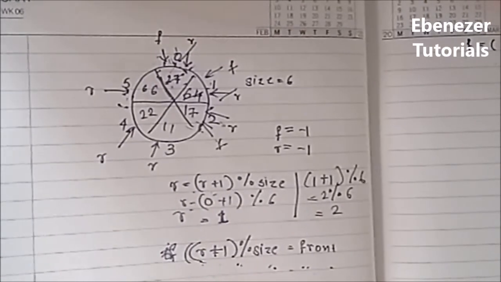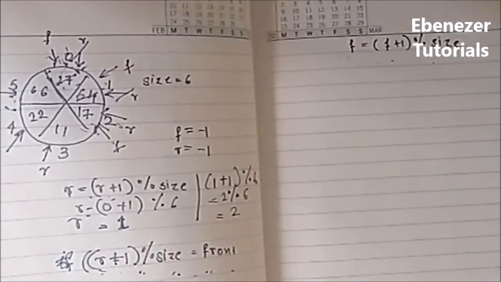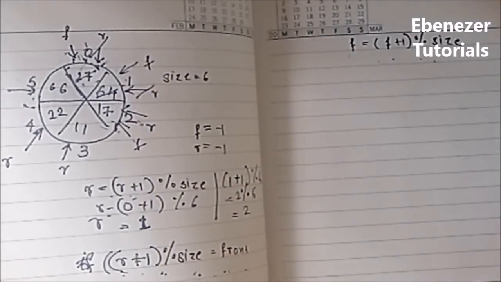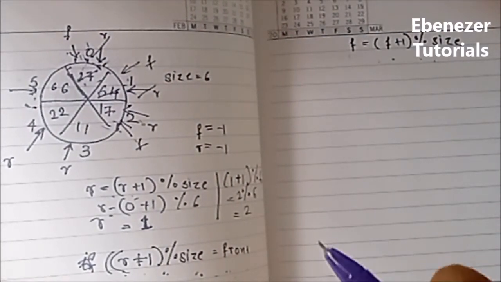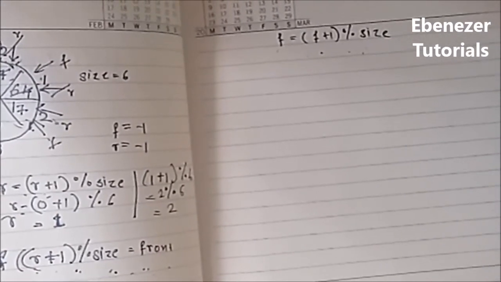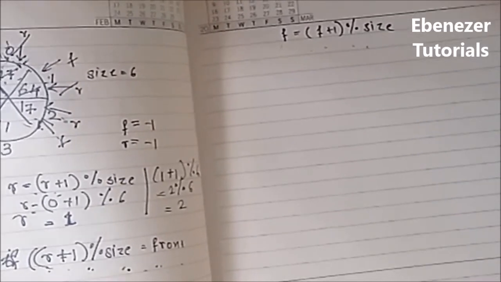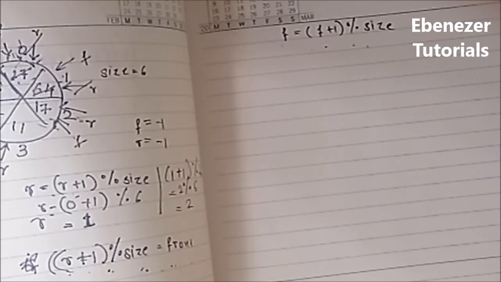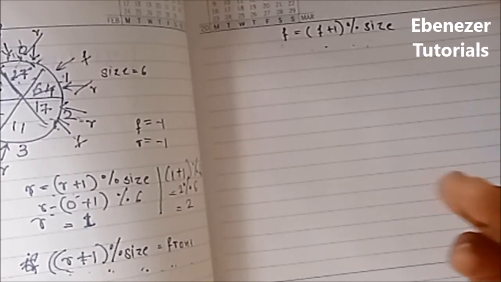And how will you check if the queue is empty? We will check it by checking if front and rear are pointing to -1. So we have seen 4 operations: enqueue, dequeue, is full, is empty. Now the fifth and last operation that we'll be seeing in circular queue is displaying the elements. So while displaying, there is a slightly different logic that we apply compared to the linear queue.